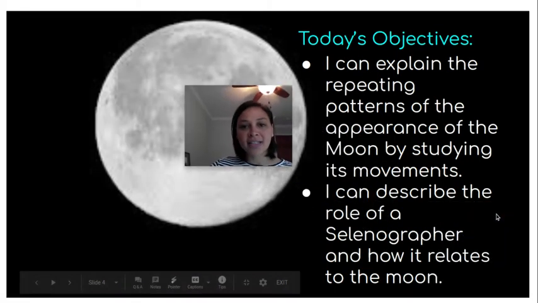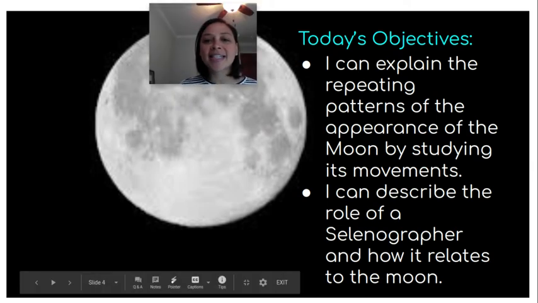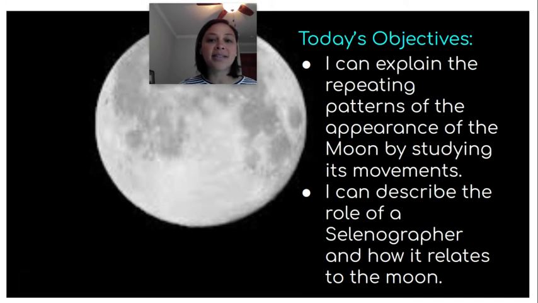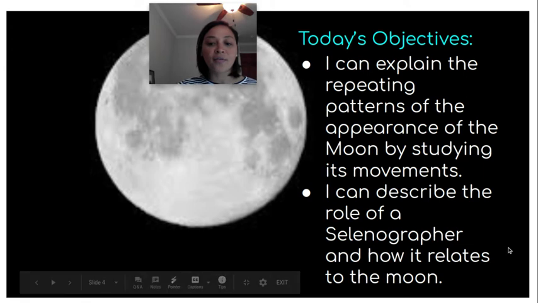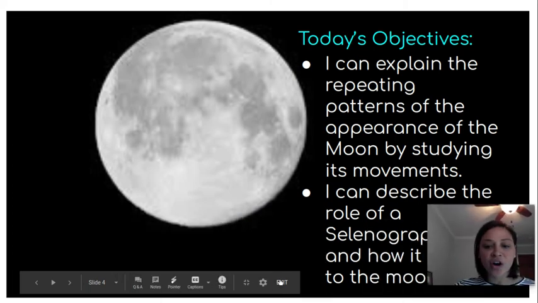Okay, so here are objectives for lesson 2. I'm going to place myself up on the moon. It says, I can explain the repeating patterns of the appearance of the moon by studying its movements. I can describe the role of a stenographer and how it relates to the moon. Okay, so we're going to get started